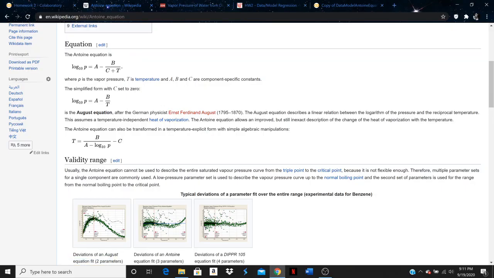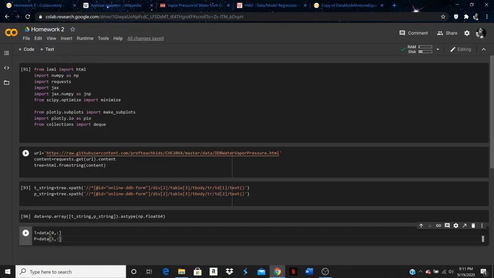So starting from where we left off in last video, we're going to be taking the data that we imported and we're going to model it using this Antoine equation right here. I added a couple imports from JAX and NumPy as well because we needed the minimize function to do our model for the Antoine equation. Also, we need to make sure that our data is in horizontal vectors, which we already have, or